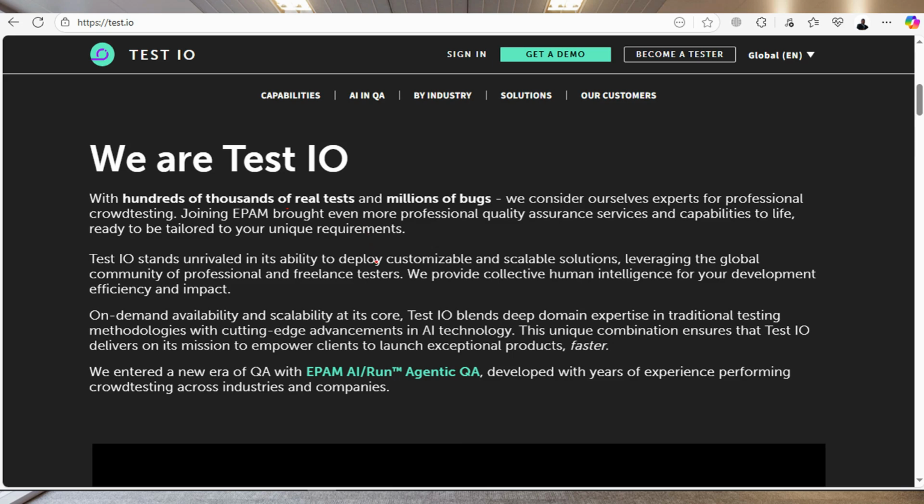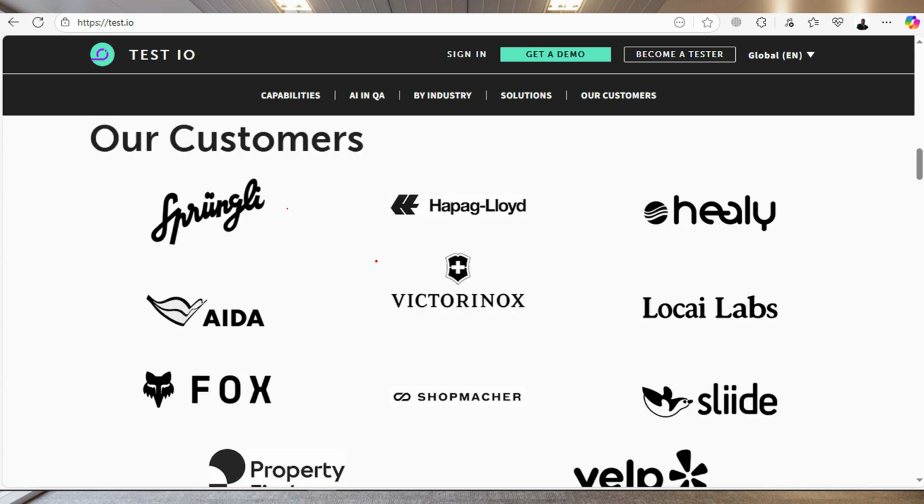This testing platform is very new, a recent platform that was launched, and it has worked with different platforms like Fox. I don't know, this is what they claim, but from what I've gathered through the research that I did, this is a fairly new platform. So I don't know when they worked with them, but that's what they claim.